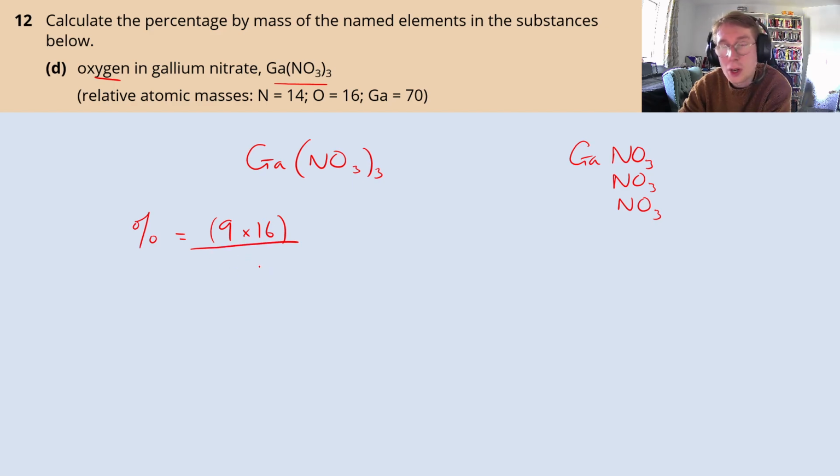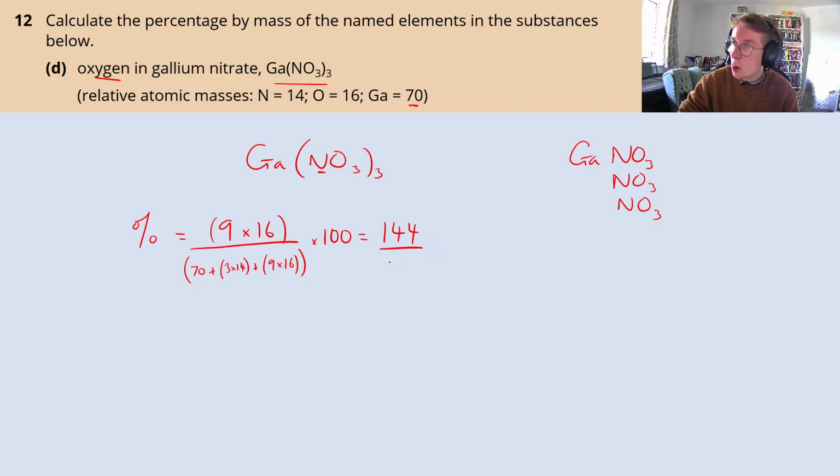And then on the bottom, we're going to have the total relative formula mass. So we've got gallium, which has a relative atomic mass of 70. There's only 1 atom of that. We've got 3 atoms of nitrogen, so that's going to be 3 lots of 14. And then we've got our 9 atoms of oxygen, so that's going to be 9 lots of 16. It's a percentage, so we need to times it by 100. This gives us, if we do this calculation, 144 divided by 256, and we're multiplying that number by 100, and you get a final answer of